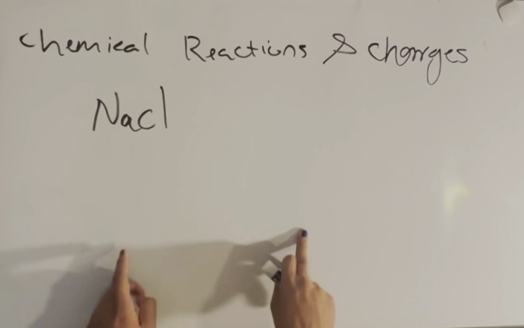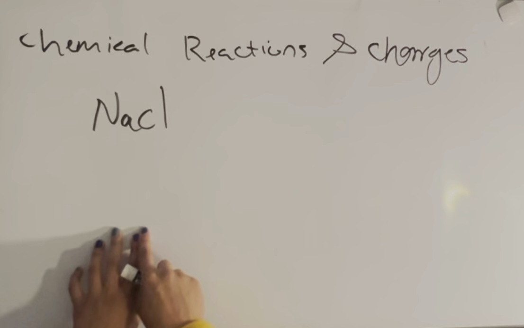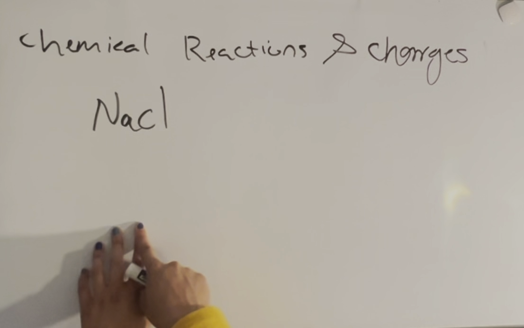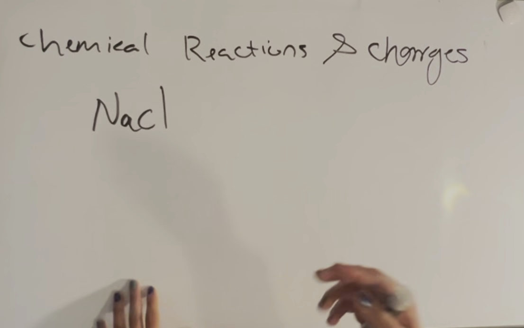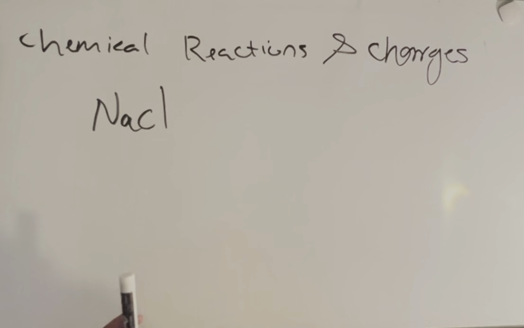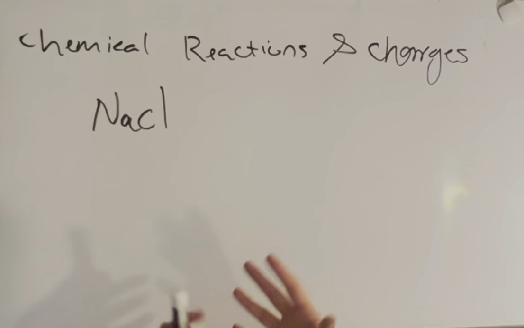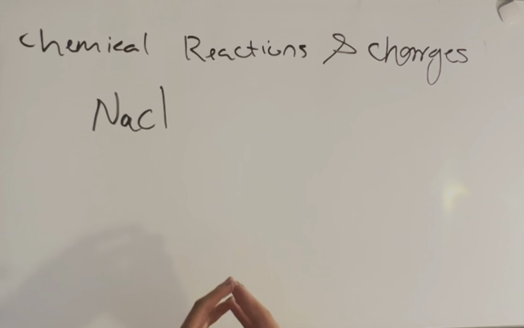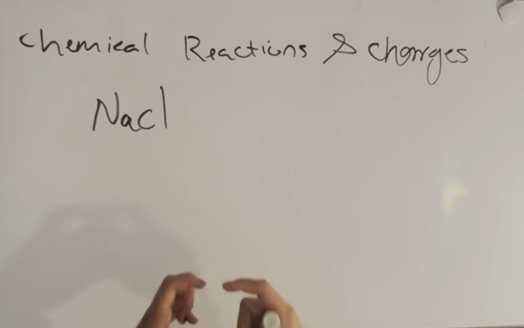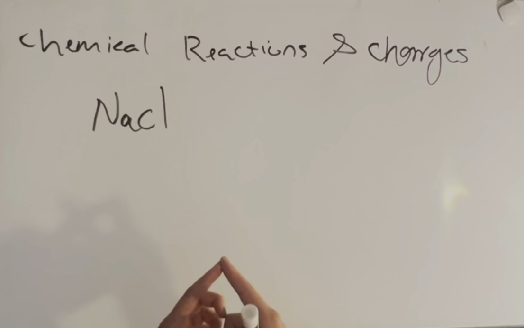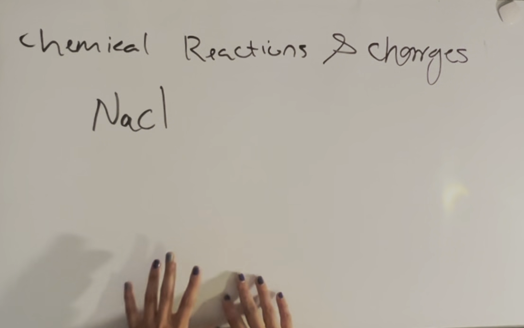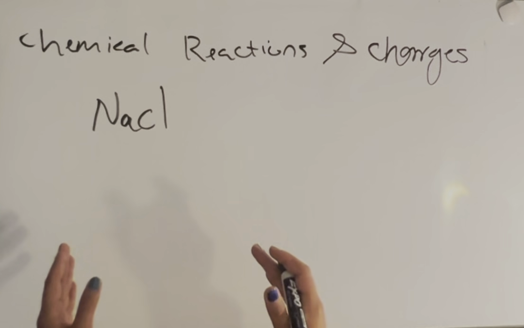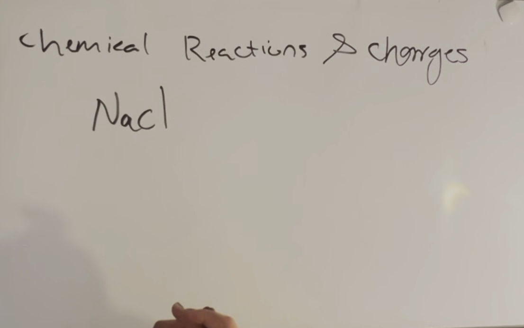to another element. When this happens and an atom loses an electron and the other atom gains that electron, that's when charges change. Just as I told you in my previous video, when we have a neutral atom, an atom in nature with nothing else, the number of protons and the number of electrons are equal to each other. However, when we have a chemical reaction, the number of electrons will change,